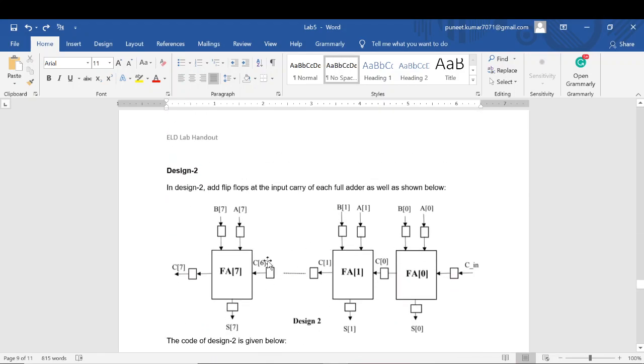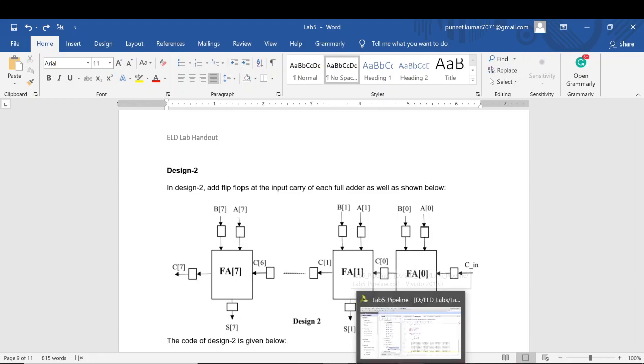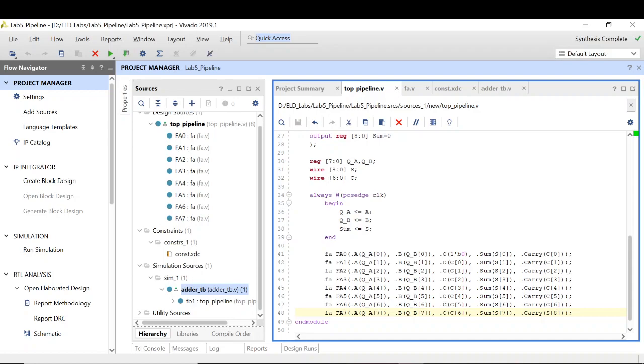As you can look here, at every input carry of the full adder, I will be adding one flip-flop. In that way, I will be inserting flip-flops in the critical path. So now if I do the timing, there will always be one full adder between two registers or flip-flops. So my critical path delay will eventually reduce. In that case, my clock period will also reduce and hence the frequency must increase. So now let's see by doing it if it is happening or not.